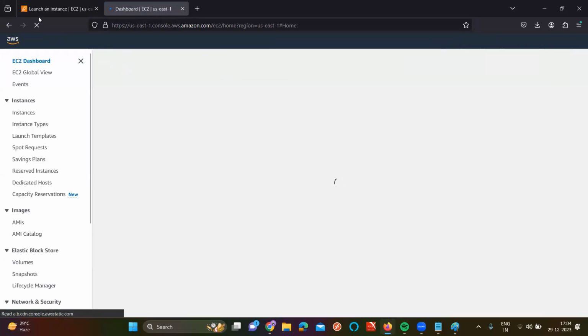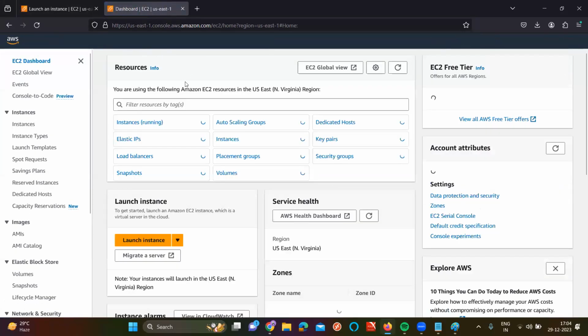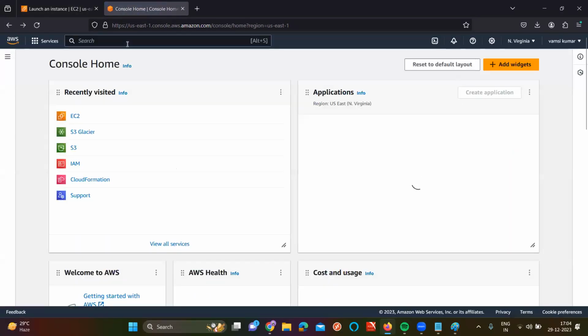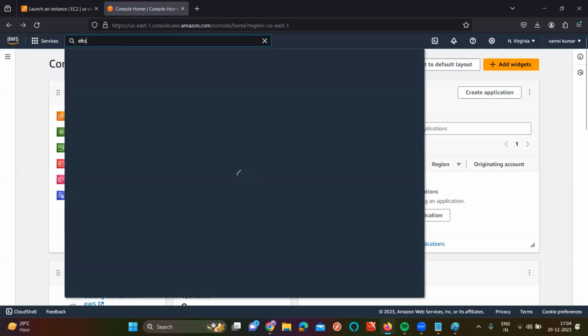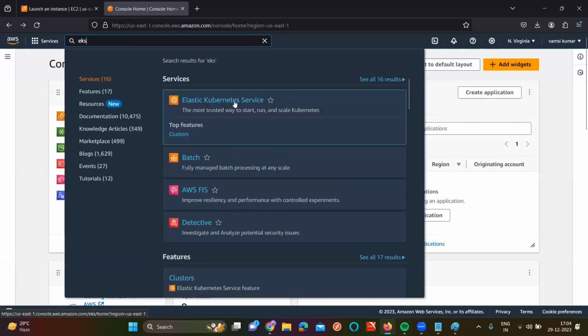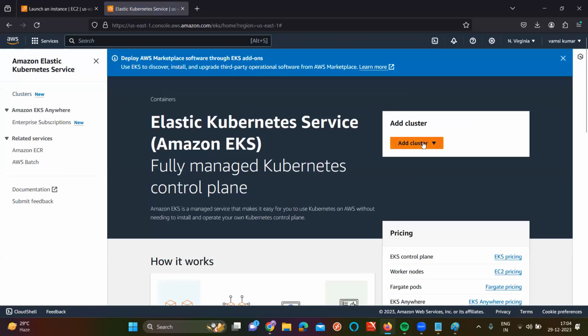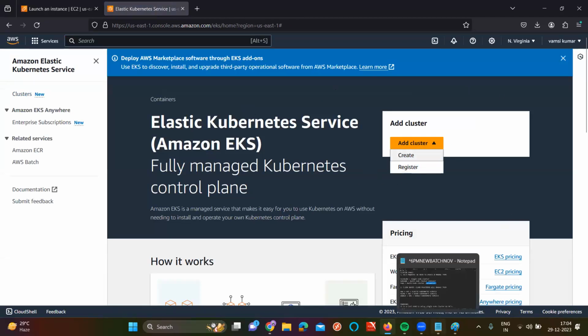So if you go here, click on the search box and type like this. Are you seeing EKS, Elastic Kubernetes Service? If you go and see here, you can see the EKS cluster. You can create a new one. Okay. That is cloud-based. That means your cloud is providing the cluster. But here we are going for self-managed.